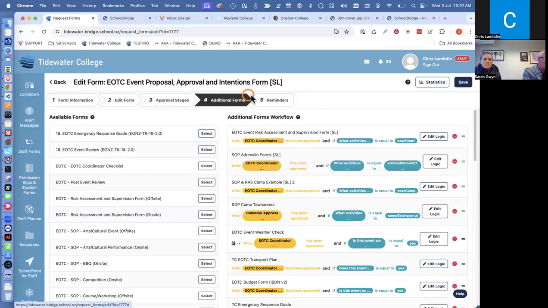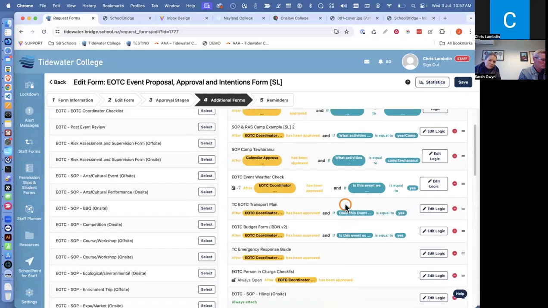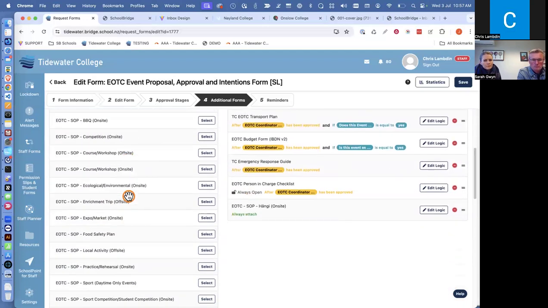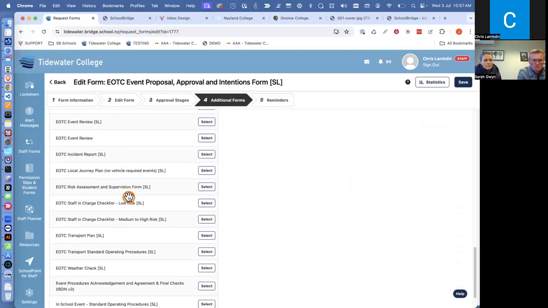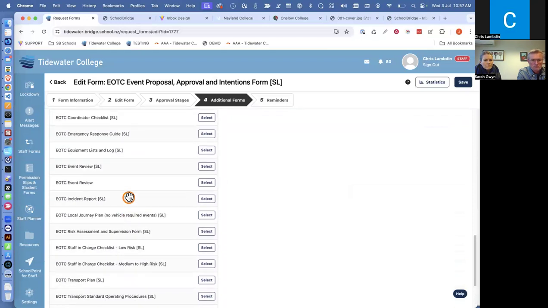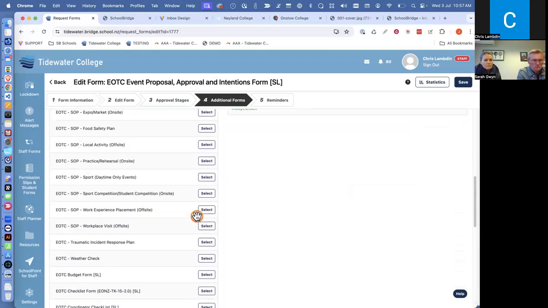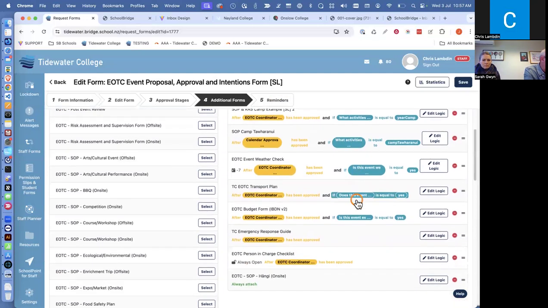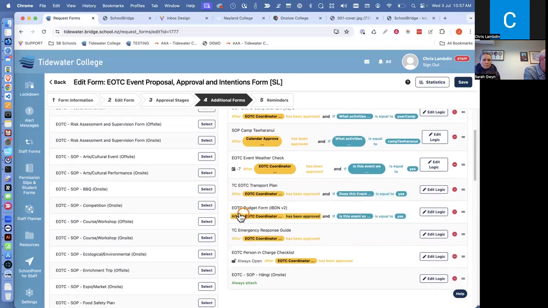So this is where it looks complicated, but it's really pretty easy. Over here we've got all of your additional forms that are active. We've got a bunch of these, and a lot of these are those standard operating procedures that you'll see here. And then over here, when you click it, it goes over here. So I'll just remove the budget. Well, here's an example of the budget form. So if we look at this,